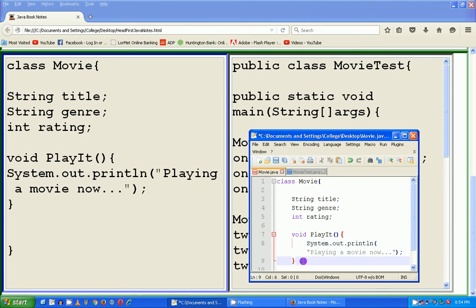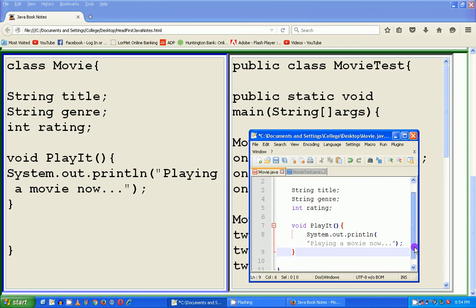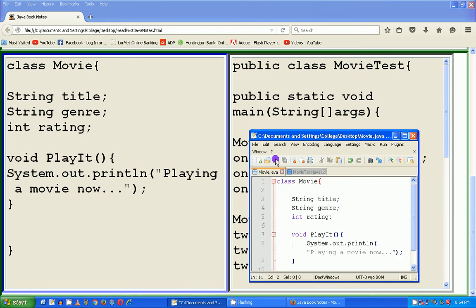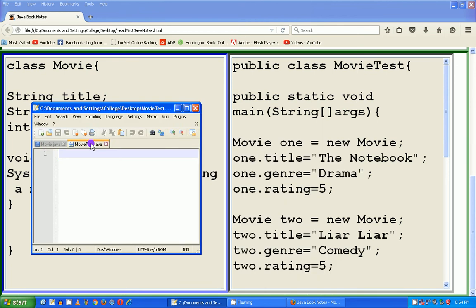Okay, and it automatically gives you both curly braces. So there's the end of the curly braces for play it, and here's the end of the curly braces for the class itself. So there's the class movie. Now let me come over here and copy this. This is our public class movie test. Public class movie test. Go down. Public static void main